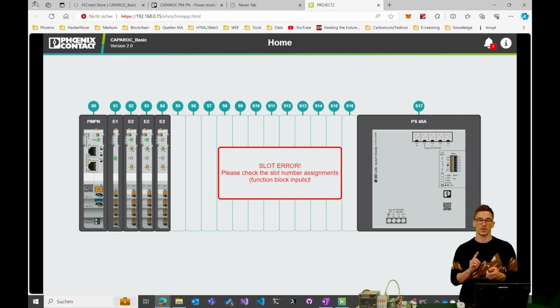Then create the global variables, and then you're pretty much ready to go, and you can set up your system that easily. So it's easy to use, and it's a quick startup, and I hope that I was able to show you how it's done.